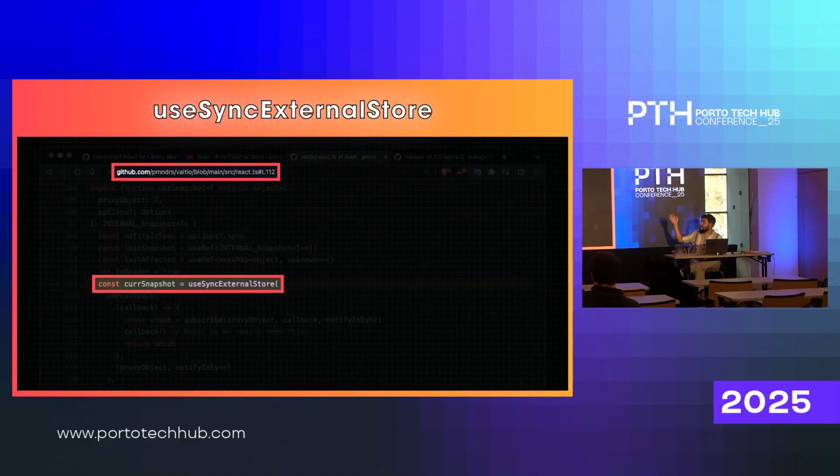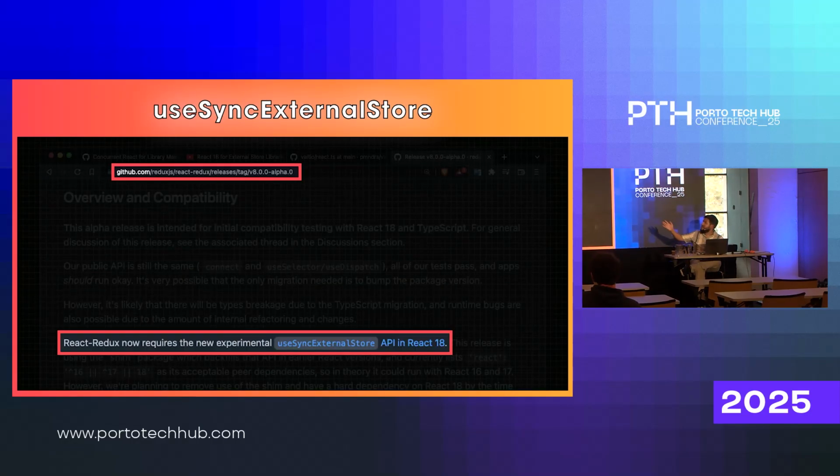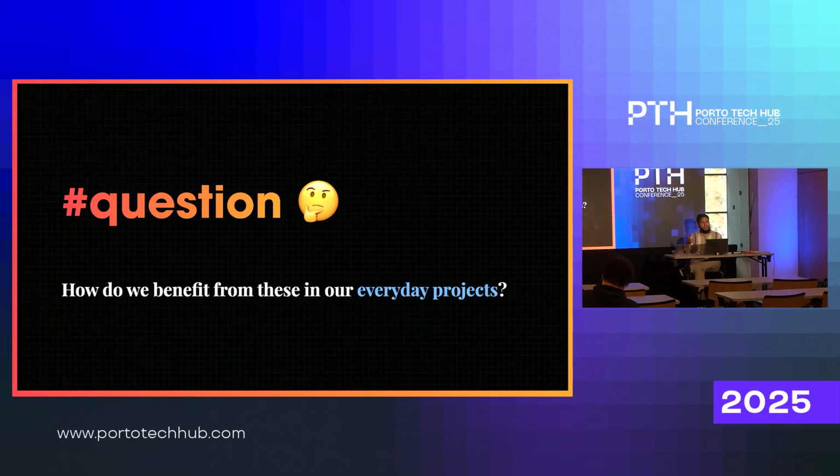Also, in the source of some state managers, this is in the source of Valtio by Poimandres, but if you check Redux itself, you'll also see that they use useSyncExternalStore underneath. I think React Query does too, so anything that is concurrent React compatible and has a state manager, in a sense, probably uses that. But when we see this kind of thing, I don't know about you, but I also feel like, okay, how can this correlate to what we're doing on a daily basis as React developers? So I wanted to bring a more